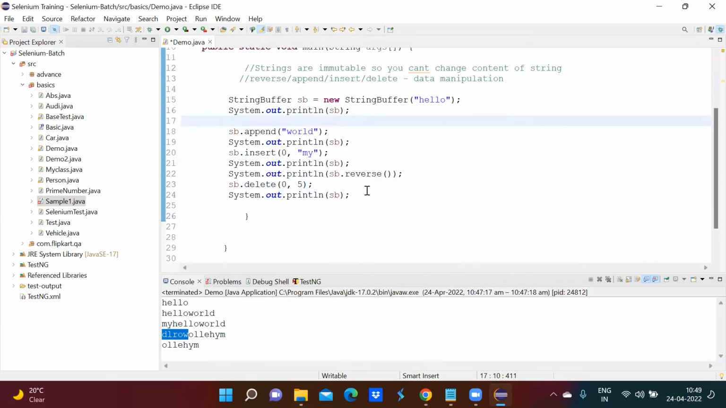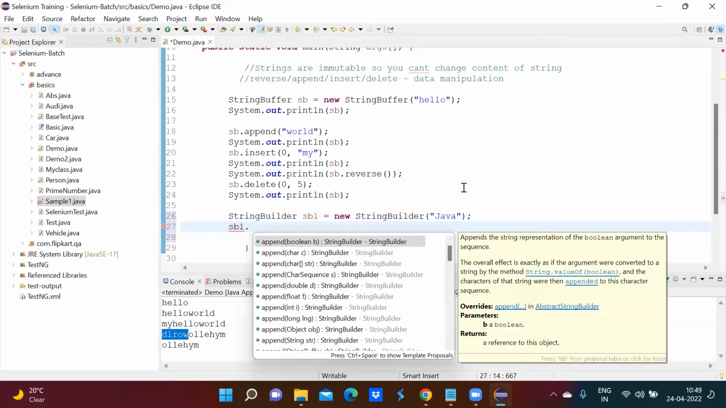And on the same line we have the StringBuilder class also. StringBuilder sb1 equal to new StringBuilder. Here I can pass, let's say, Java. In this also I have some methods like append,